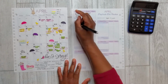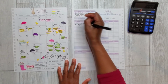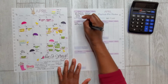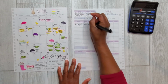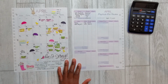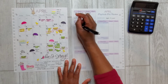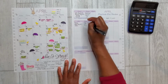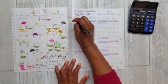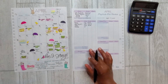And then an Afterpay payment, and I just put EC there because that's for some planner supplies I bought, and that is due on the 23rd for $20.27. And then I also have Netflix due on the 23rd, and it is $15.99. And I also have my student loans, which I will be working to reduce quite aggressively over the next year,